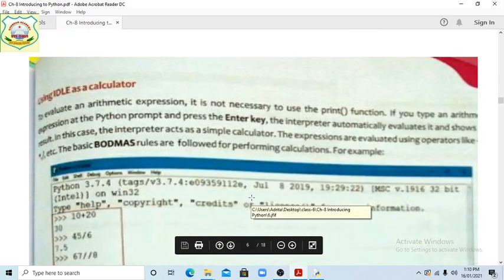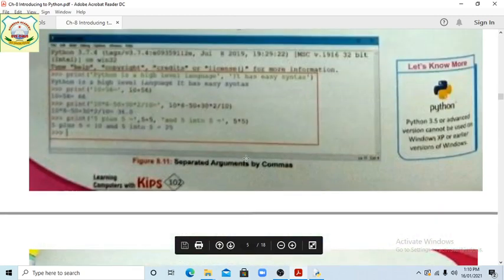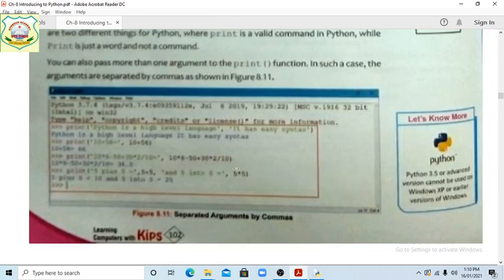You will see this. There is a format given. You will see it in the book. Print Python is a high level language. It has easy syntax. Okay.